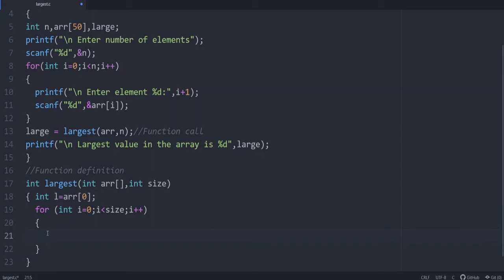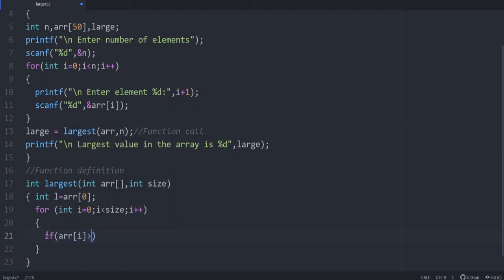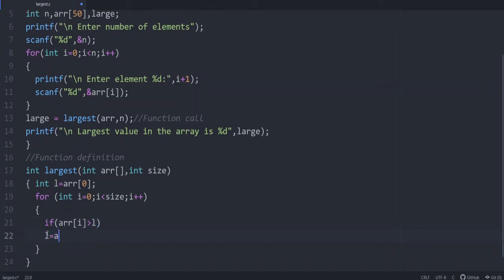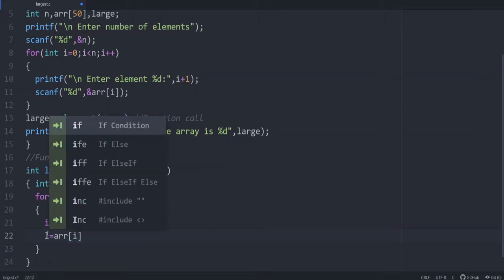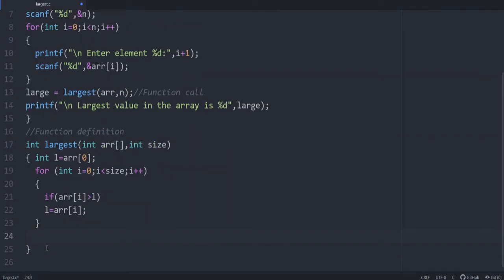And next, how to check for the largest? If arr[i] greater than L, whenever arr[i] is greater than L, what you have to do is L equals arr[i]. We have to rewrite L. So initially we give the first value to L, and in the consecutive loops, whenever an element becomes larger than L, that particular value should be saved in L. So once it is out of the loop, the largest element will be L itself.